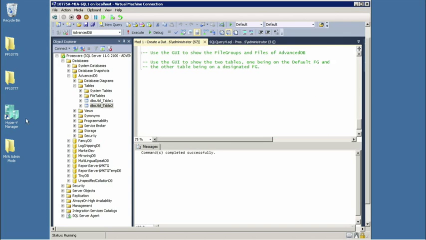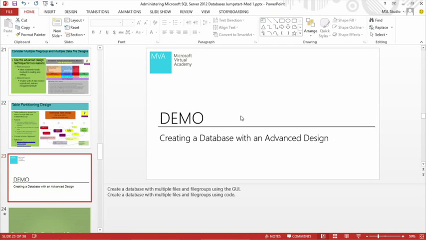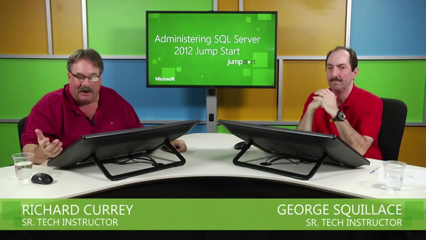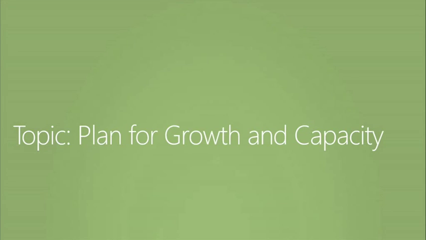All right, so that was pretty good. But one of the things you mentioned in there is putting objects in the right file group, making sure that they go to where you expect them to. Is there a reason for that? Like maybe we keep running out of space or something?